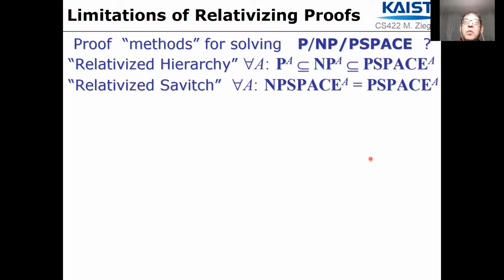And again, the proof works and carries over to oracle computation. So for any fixed oracle A, NPSPACE with oracle A is the same as PSPACE with oracle A. And again, please use the opportunity to review Savitch's proof from that perspective, and a hint: the only part of the computation in Savitch's proof really arises at the ground case of the induction of the recursion, and one step in